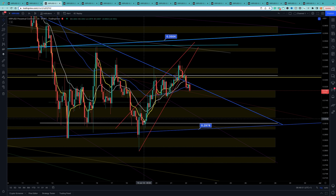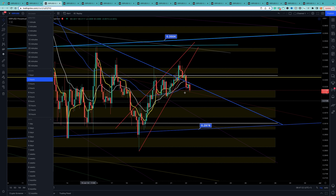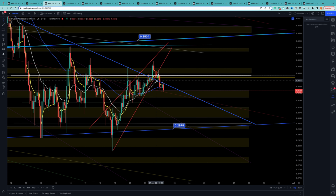Look, 1, 2, 3 up, 1 down, 1 up, a retrace, 2 up, a retrace, back again, a retrace, and then 1, 2, tops out. So it breaks through one, a back test, drops to another, a little back test here, the blue line, and you can see we're going to push down. And I reckon we're going to probably break down to here, but we might get a stronger push down to here. And I'll show you why in a moment. But I'm going to now talk through the